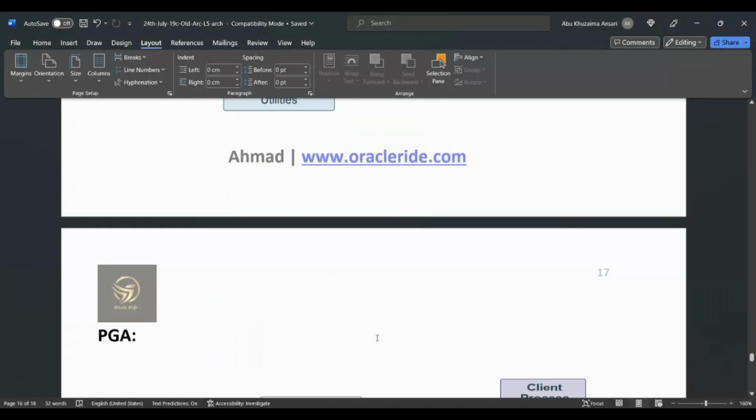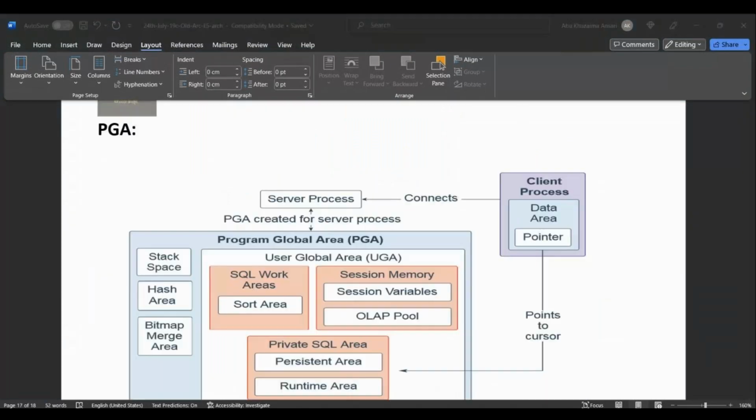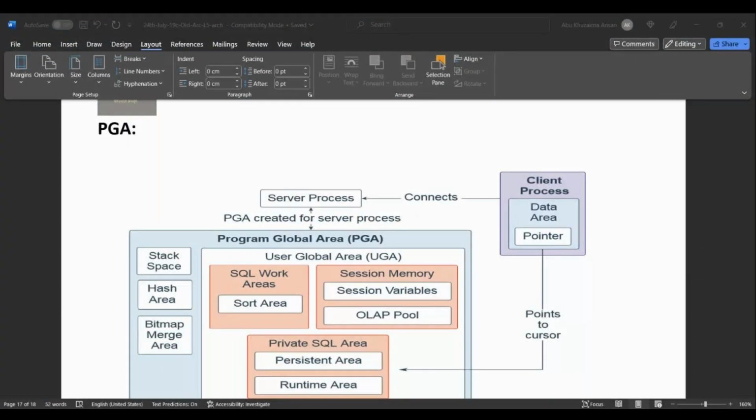Now, all done from the database part, the system instance part. Earlier, I said that we had three types of memory. One is SGA, which we discussed. Another one is PGA, which we are about to discuss. Then the third one is UGA. So these three memory components we have in our database. So PGA is Program Global Area. Can anyone tell me what is PGA? If you have any idea about PGA,